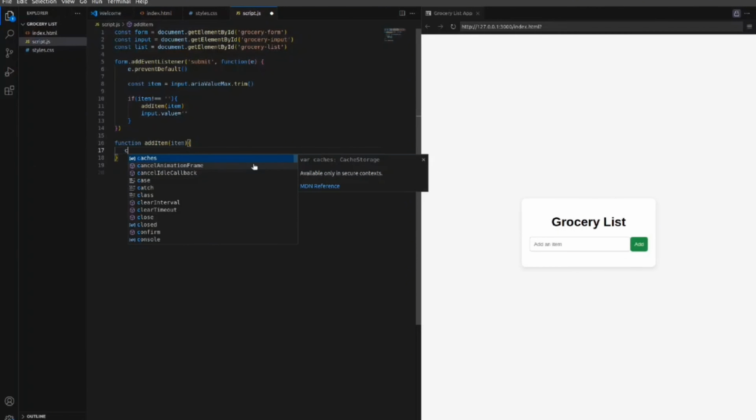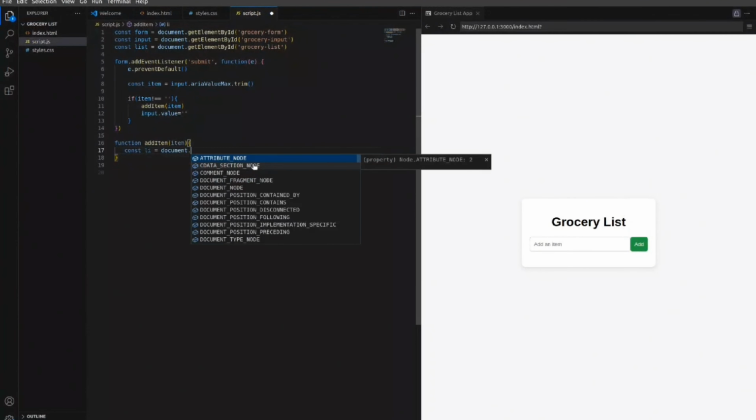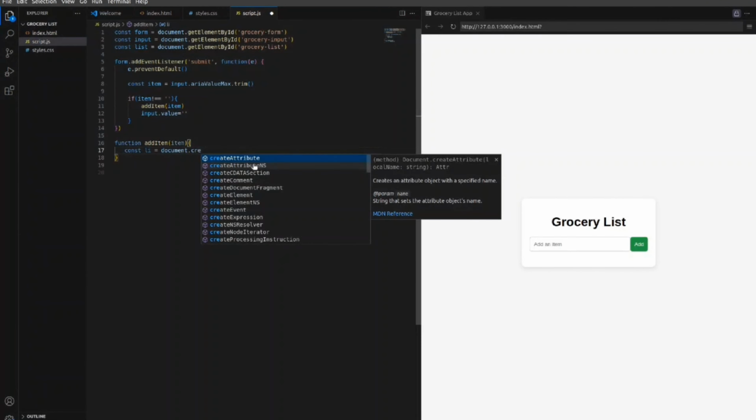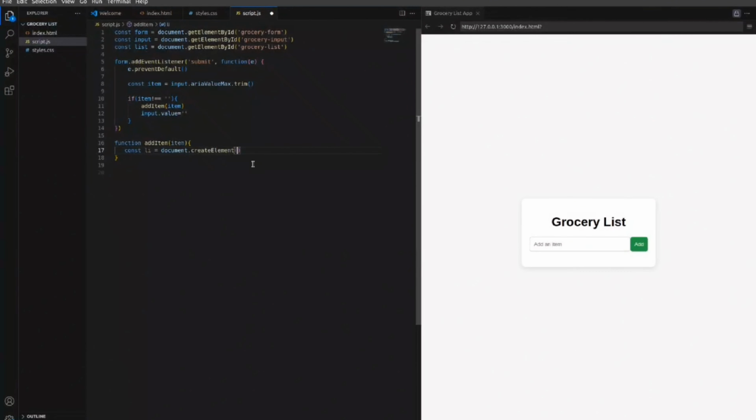To achieve this, we do a const li, which stands for list item, equal to document.createElement. This creates a new element in the DOM, and the element we want to create is an li element. So we do document.createElement li,